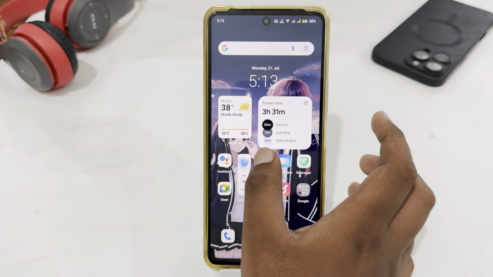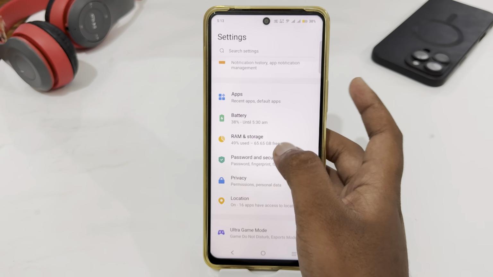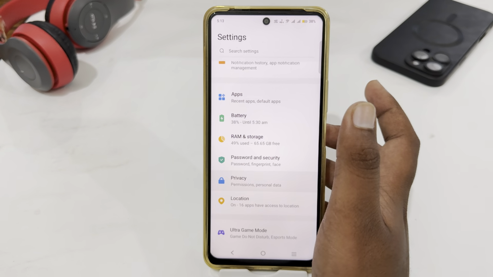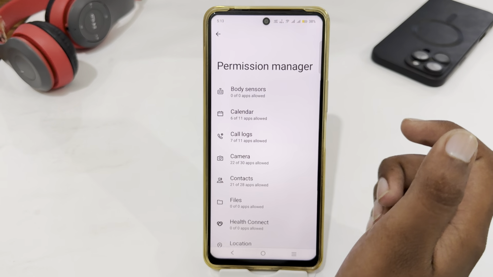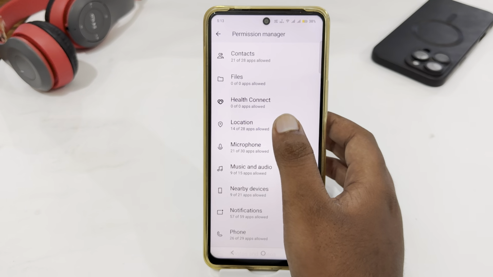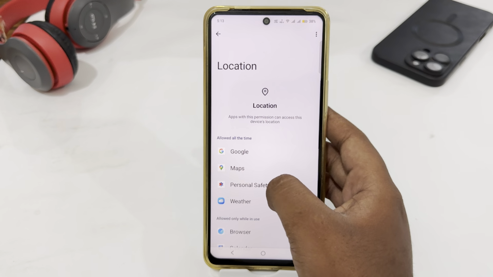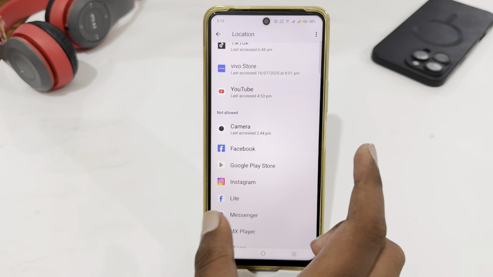So you just have to open settings. In settings just look for privacy. Here's the privacy, just tap on it and then select permission manager. And here you just have to look for location. Here's the location, just tap on it, and here you have to go to the not allowed section and look for